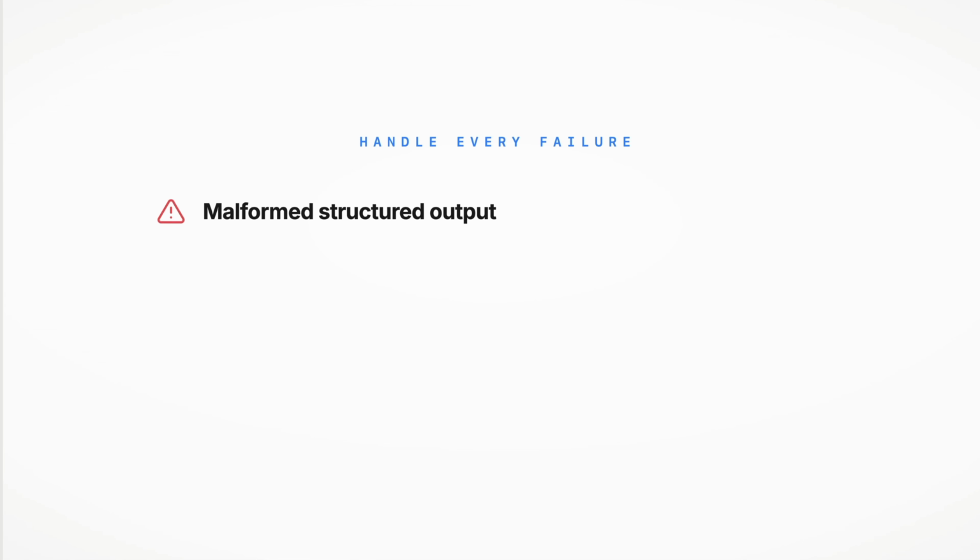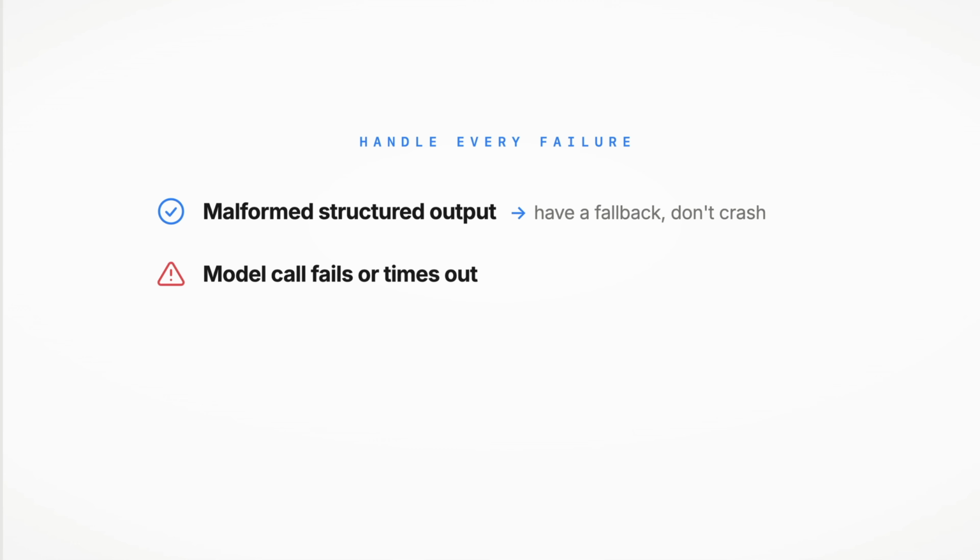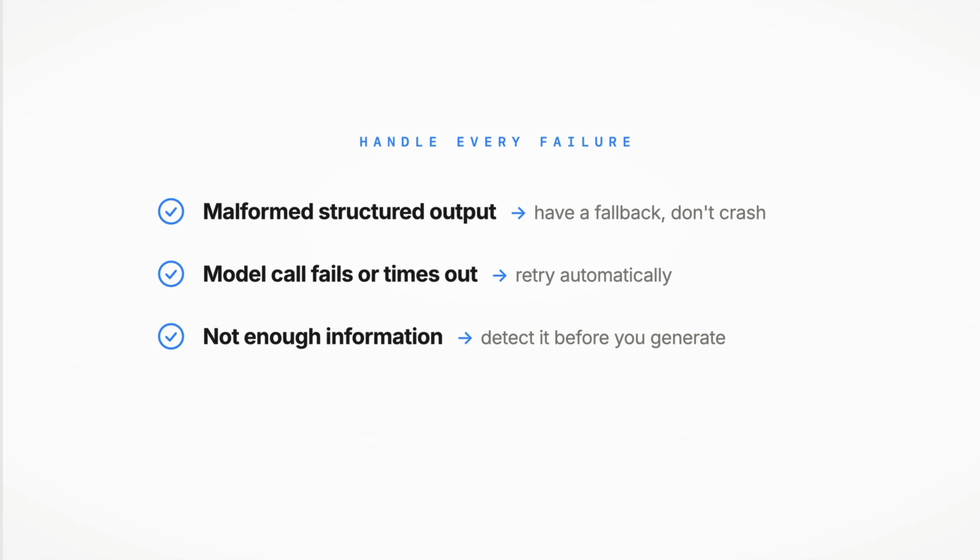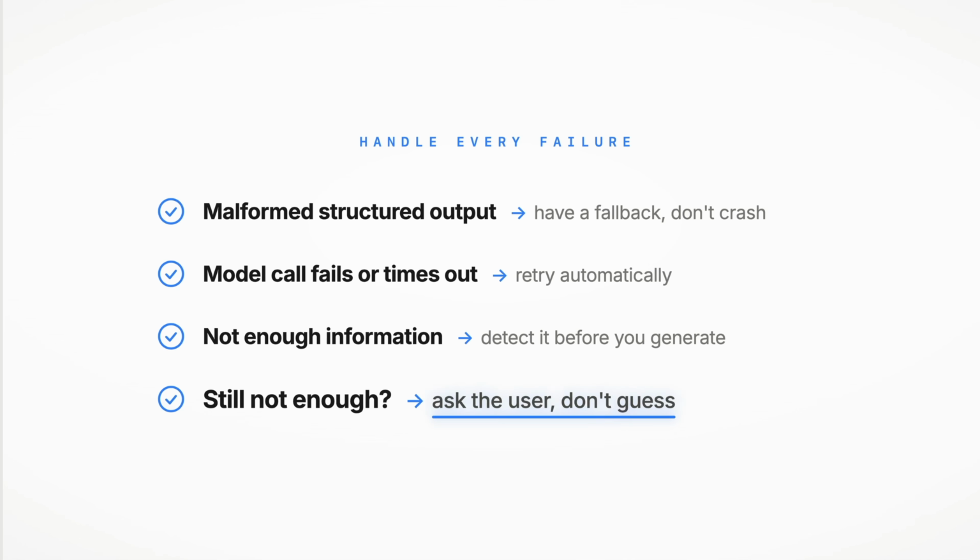Like the structured output comes back broken, so you should have fallbacks, retries, etc. Or let's say the input is too long and then your model has to output a lot of tokens and then you hit the timeout. You should also handle that. Or let's say you don't have enough information to provide a good answer for the user, then you should ask them. And this last one is actually huge because a lot of applications just will hallucinate on the answer when you actually can implement guardrails to make sure that you have enough information to answer the user.